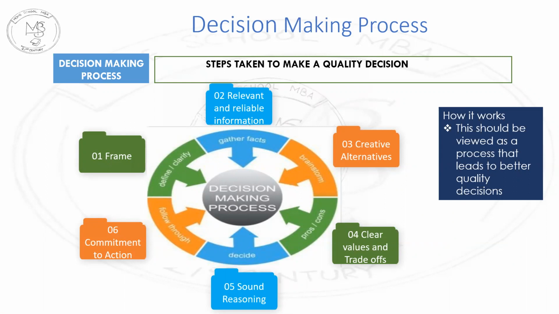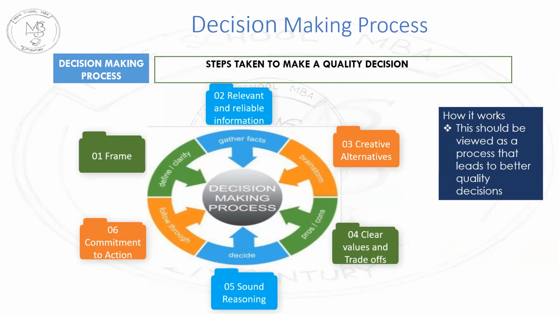decision-making process. We also discussed it a little bit in the previous talk. In this talk, we will have 6 different elements of decision-making. Let's start with number 1, frame. What it means is that it defines the boundaries of our decision and how to create a kind of quality within this decision. Number 2,